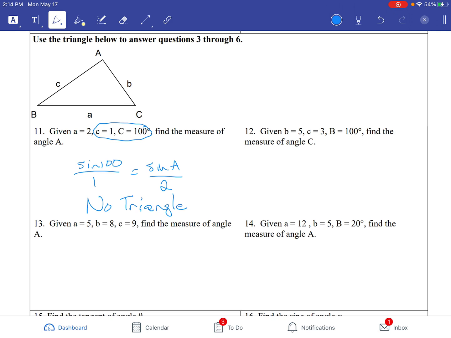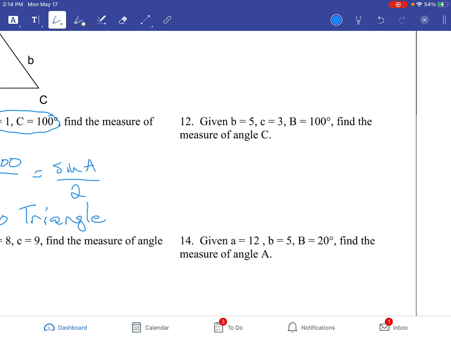You have an error message that comes up in your calculator when you do this problem because it's not a triangle. Number 12, we're given a pairing. We have B and B. So we have sine of 100 over 5 equals sine of C over 3. There's the setup. So we have 3 times the sine of 100 divided by 5. Do the inverse sine of that answer. And C equals